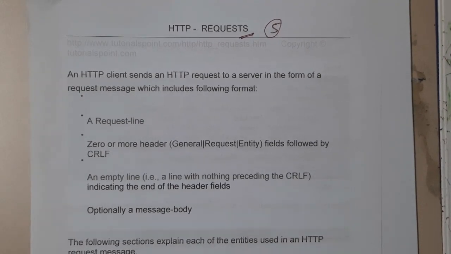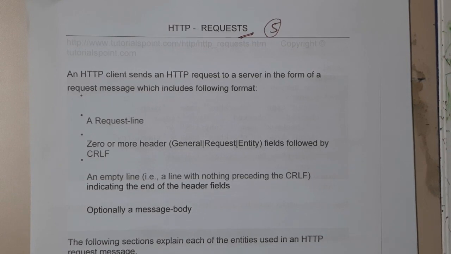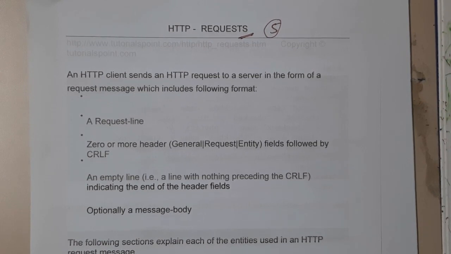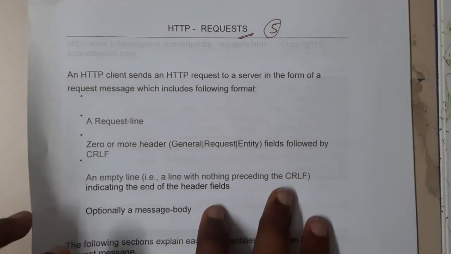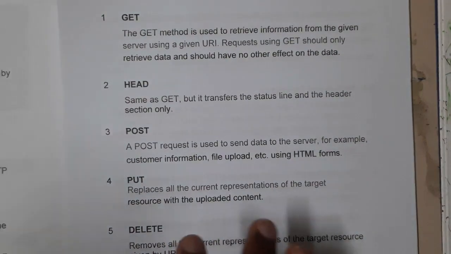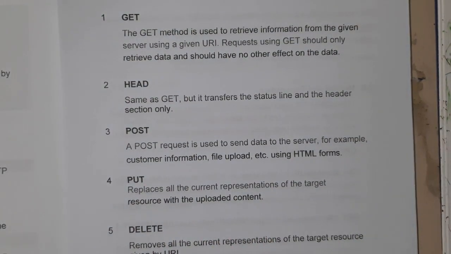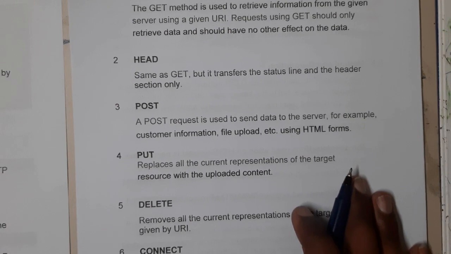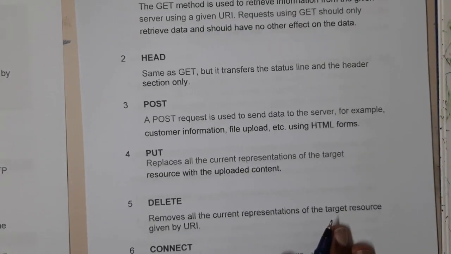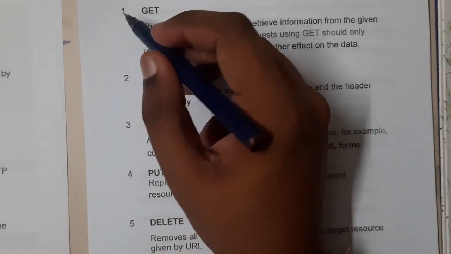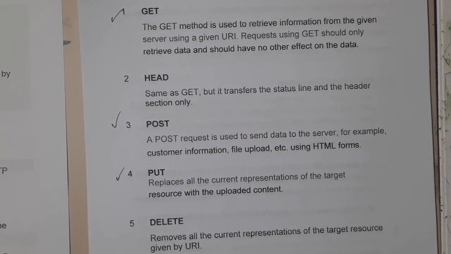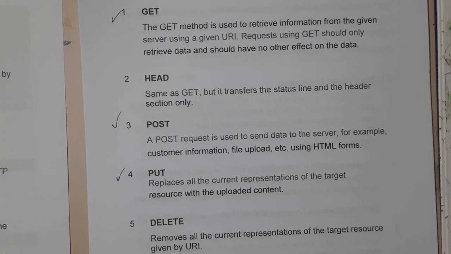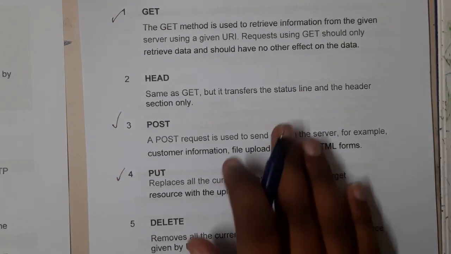In this lecture, let us go through HTTP request. What are the types of requests, how many types are there, and what are the different things? We'll be discussing that in this lecture. Basically, among the popular methods in HTTP request, there are a total of 8 methods. The most popularly used are get, post and put. These are the most commonly used three methods.